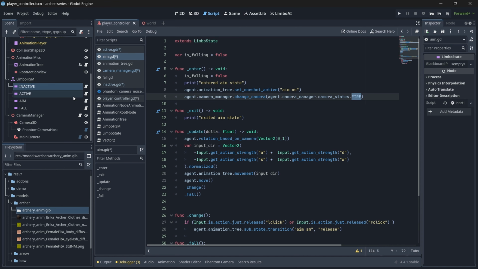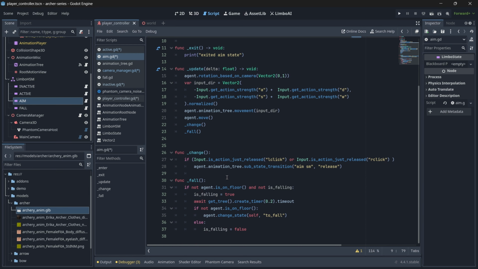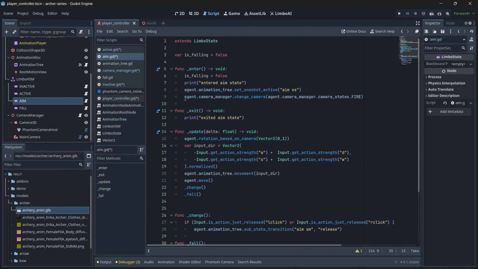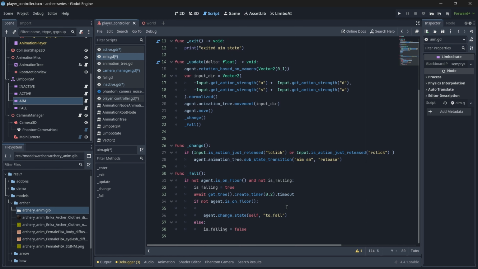And also if we are in the aim and we try to fall, so if we change our state to fall, then we can also set the value. So we can say that whenever we try to fall, we change our camera state to be, let's say, active, because whenever we land from the aim state we go back to active state,